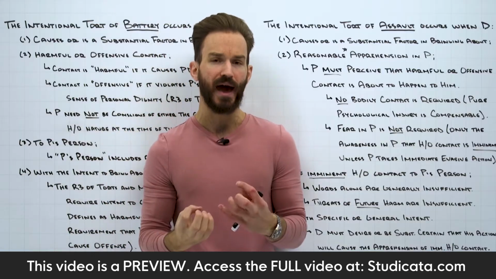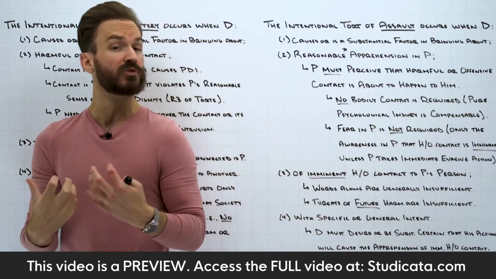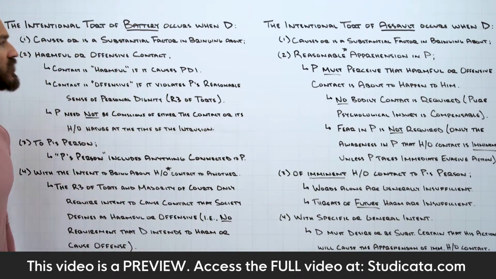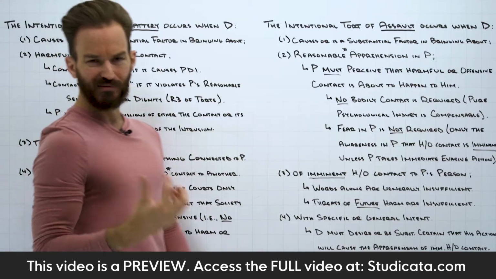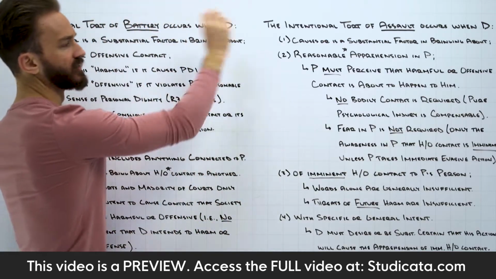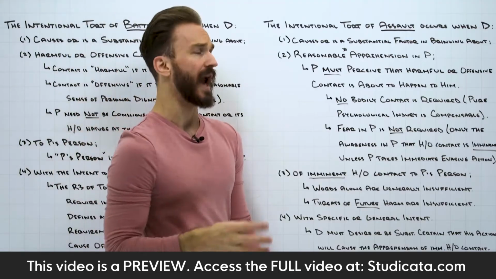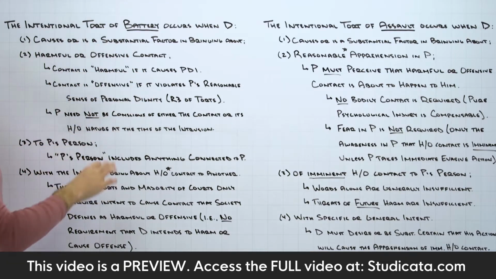in torts fact patterns, they can get really interwoven and sometimes it can be confusing to delineate between the two. So we'll try to cover that as well as we go through this, so we're able to quickly distinguish between what battery looks like and what assault looks like on a torts fact pattern. But with that, we can just jump right into the intentional tort of battery, go into what the